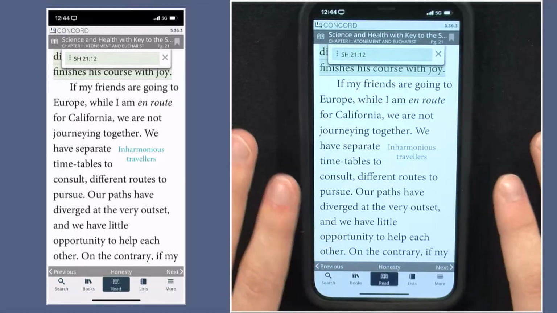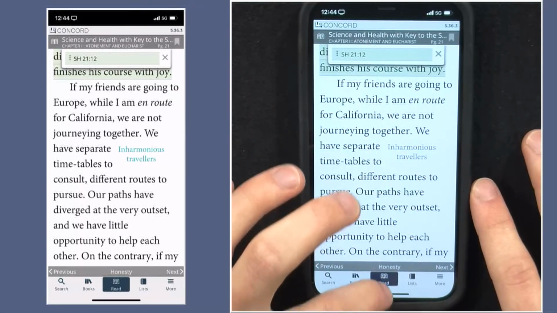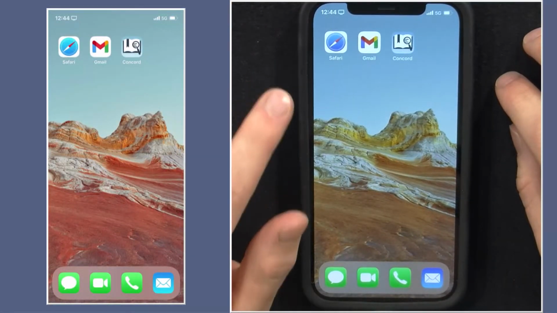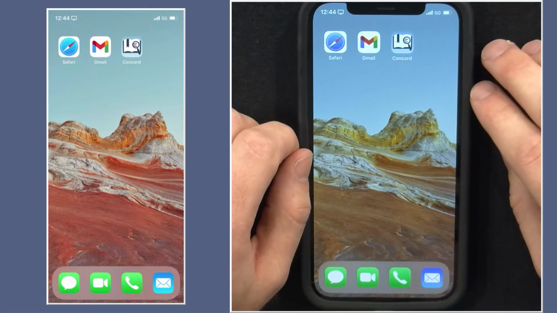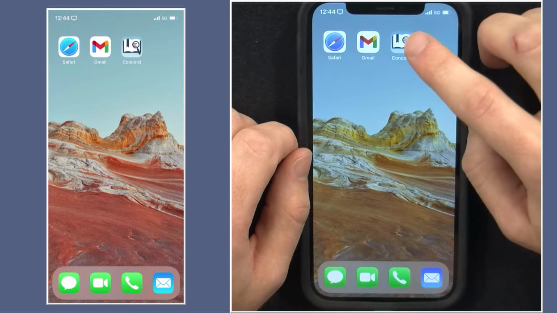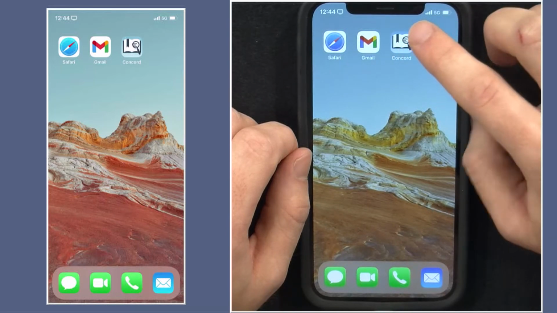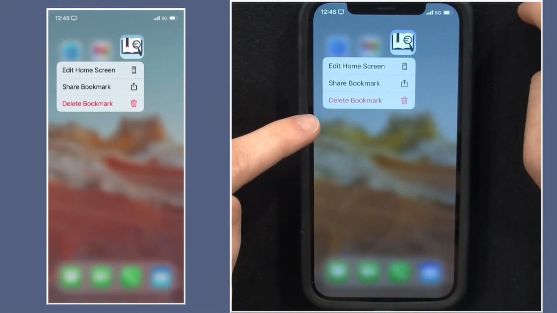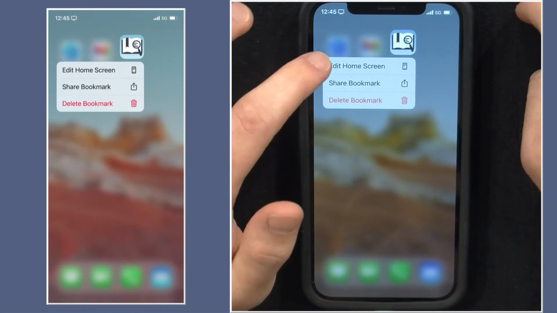Thank you so much, Bree. Okay, Will, I think we've got a question for you. Somebody writes in and says, how can I move my shortcut to another screen of my phone? Okay, yeah, that's a great question. And if we could bring up the two views again, please. Right now I'm in my shortcut, so I'm going to swipe up to go to my home screen. And what you want to do is, just like the tapping and holding Bree demonstrated in her demonstration, tap and hold on the icon. In my case, I'm going to tap and hold this Concord icon. And then a menu pops up, and it will say Edit Home Screen. And so if I tap on that,